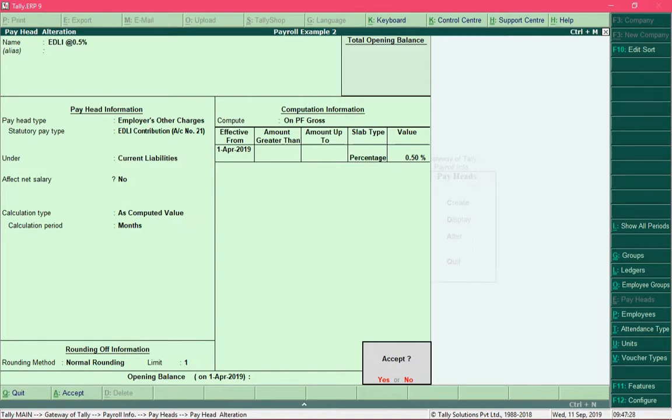Now we need to set up the salary information. So what we are going to do is, first we will define a department, and then we will define salary structure for that department. And after defining department details and its salary structure, we will define details of an employee, and we will assign him to a department, and then copy the salary structure values from the department to the employee details.